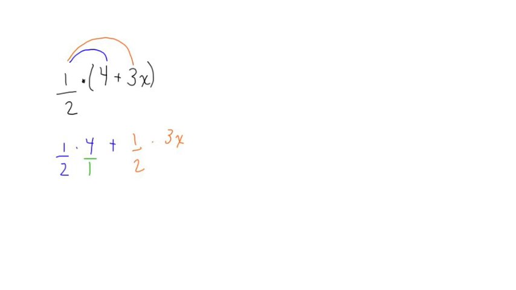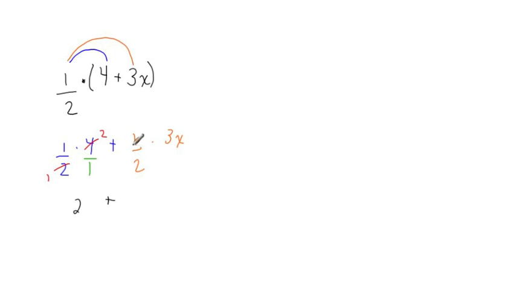Here I can cancel any numerator with any denominator. You can cancel when you have factors, things being multiplied. Here, we're multiplying. 2 goes into itself once, and into 4 twice. This will leave me with 1 times 2, which is 2, over 1 times 1, which is 1, and we never have to write anything over 1. We never need that 1 in the denominator, because 2 over 1 is just 2. Plus,